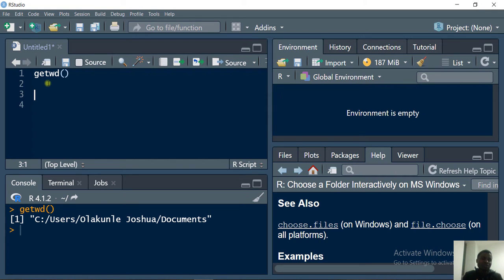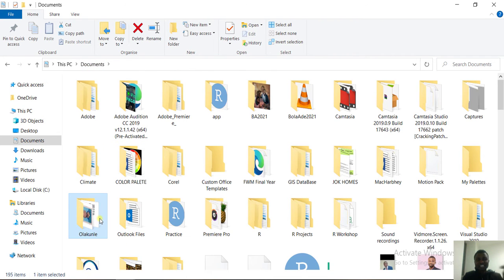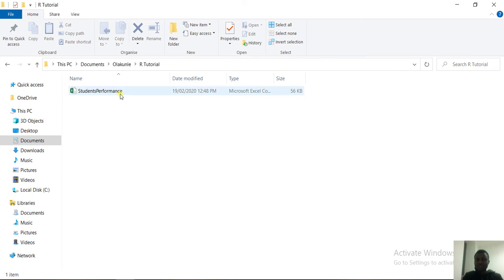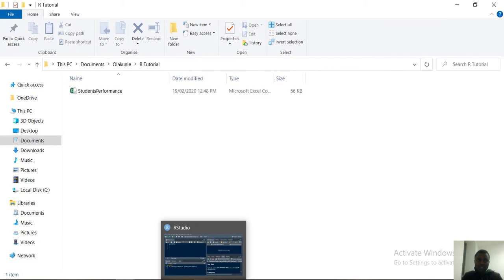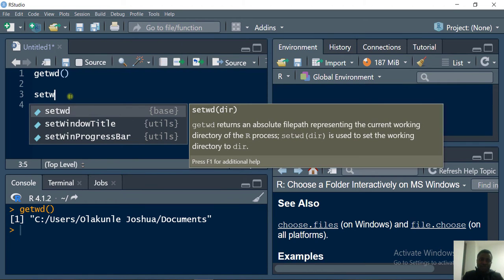So for instance, I want to read a certain file into R Studio, and this file is not present in the Documents folder. Let me go to my Explorer. This is Documents, but the file I want to read in is in a folder inside Documents, for instance Olakunle, and then we have R tutorial. This is what I want to read into R. How do I set the working directory in such a way that R can directly read this particular CSV file into R Studio? I use this function again from the base package, setwd,